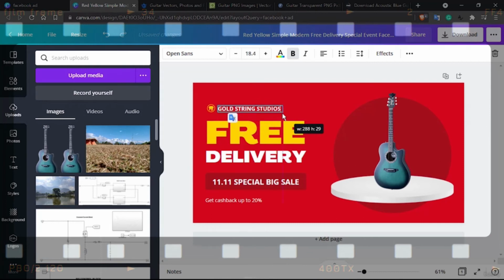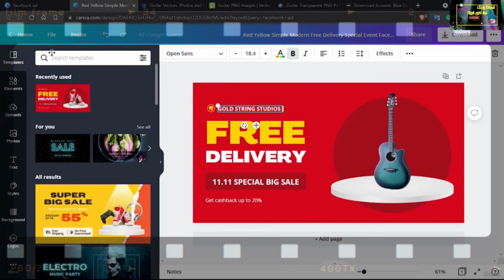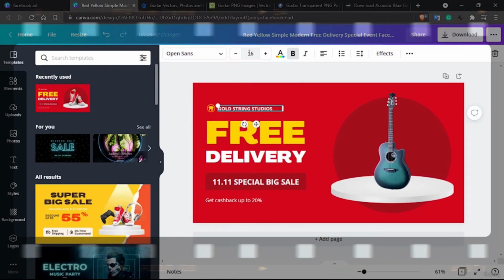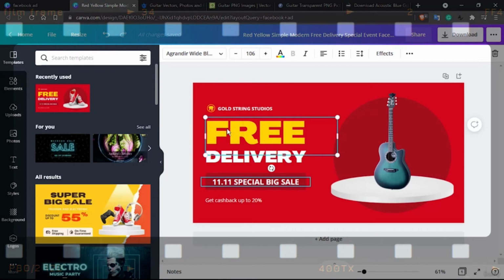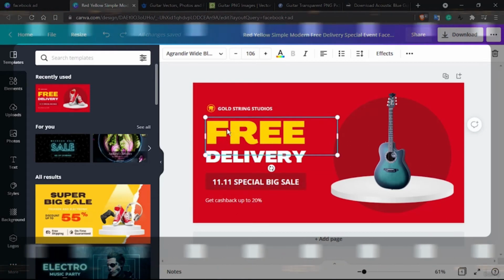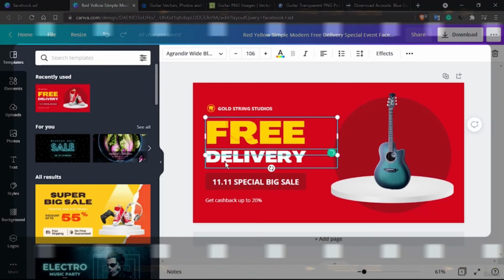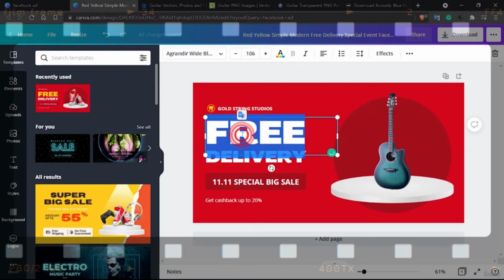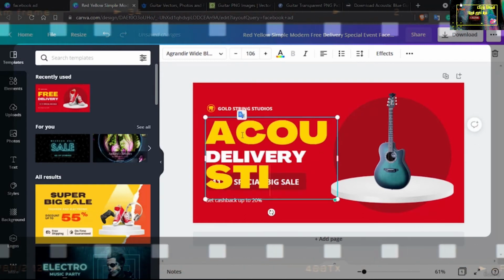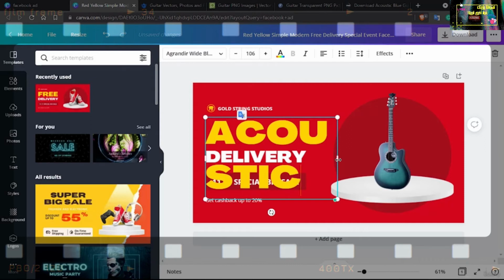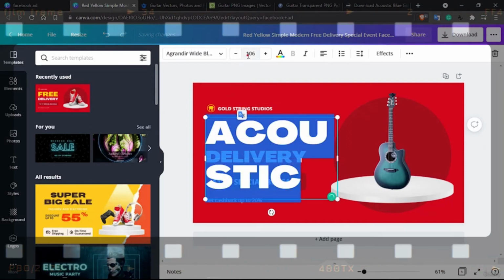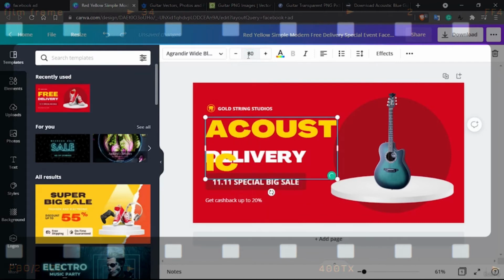We probably don't need to work on which type of font, but let's just worry about the font size. I would actually prefer to keep it just 16, and you can have whichever sale this is. And I guess it would be easy to say that rather than saying free delivery right here, let's just write acoustic, and then decrease this font size to something like 80, or even less than that, 60,